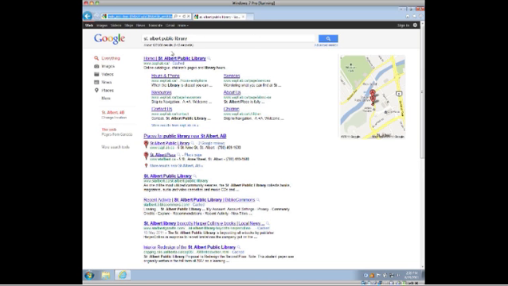Now, the default search in Internet Explorer 9 is Bing. So if you want to add a different search provider, basically the way Microsoft has it set up, they have it set up very unfriendly. We'll say it like that. So